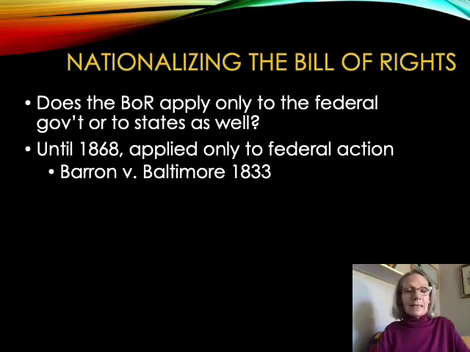But until 1868, they said, nope, if states want to establish a state religion, then unless it's prohibited in their state Bill of Rights, they can do it. And in fact, they did do it, right? While we've never had a national religion, states had their own recognized religions. For example, the Anglican Church, which has now become the Episcopal Church in the United States, was the state religion of Virginia for a while, right? Maryland, Catholicism, right? And that's because there were two different Bills of Rights.